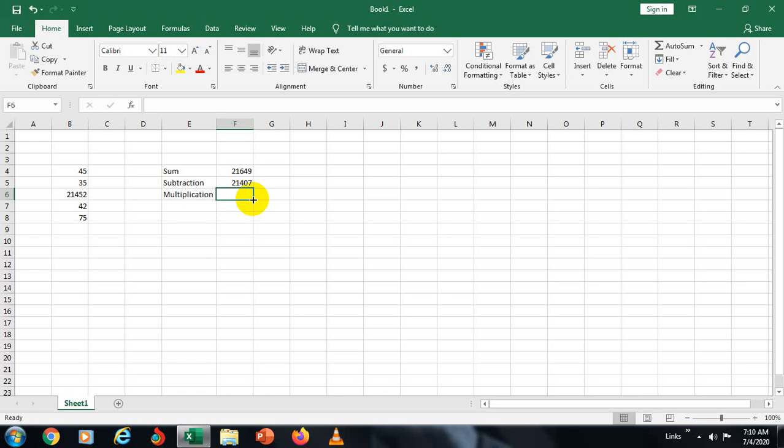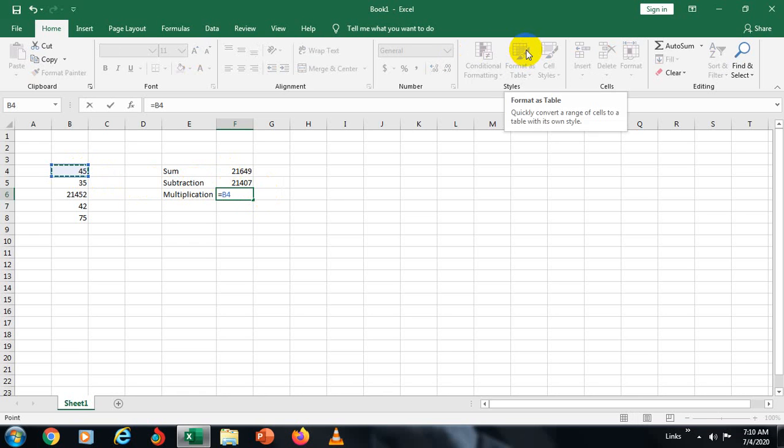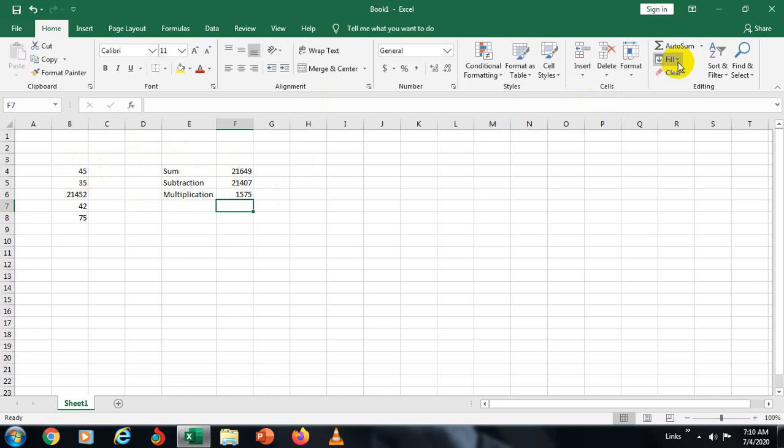Equal to as usual, click any number, and you can see on the right side of the keyboard the star button. Click it, then the next number you want to multiply, and hit enter, you get the answer. Got it?